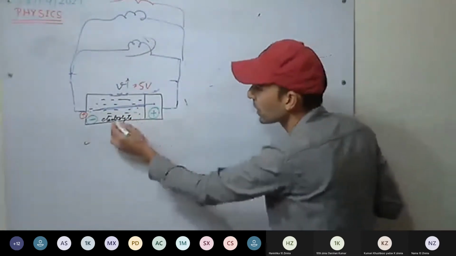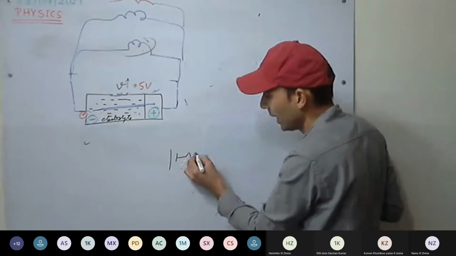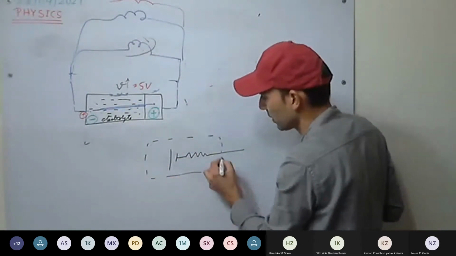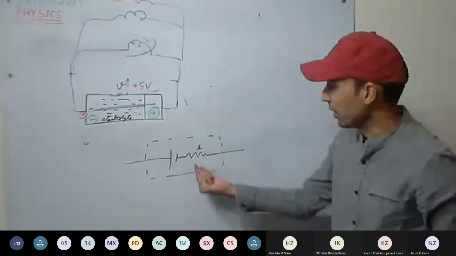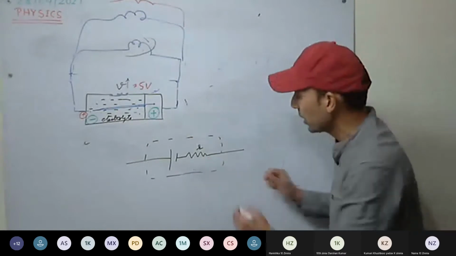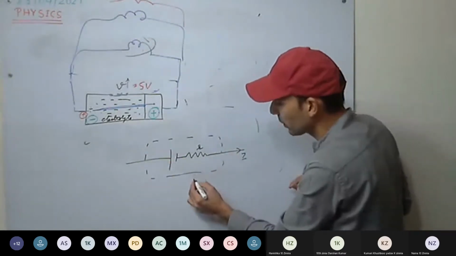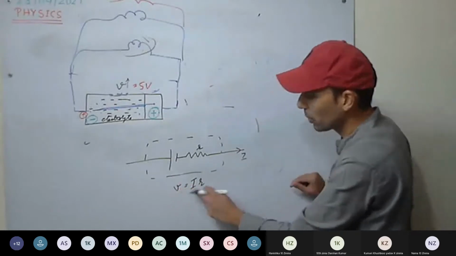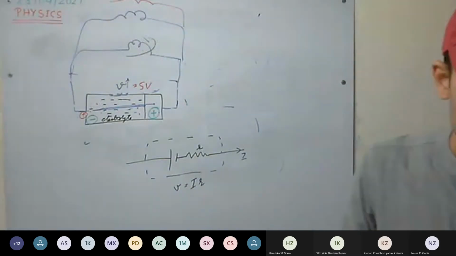So how do we denote this internal resistance in the circuit? This is our cell, and this is our complete cell. This is smaller r, that is the internal resistance. There will be a potential drop across this internal resistance. How much? If current I is flowing in a closed circuit, the drop will be I into r. This is our potential drop, that is the voltage drop. Understood this one?